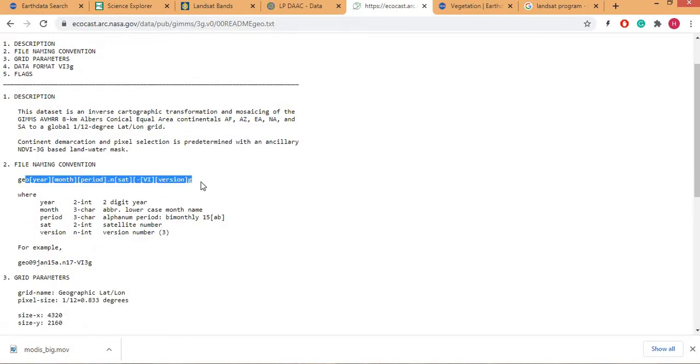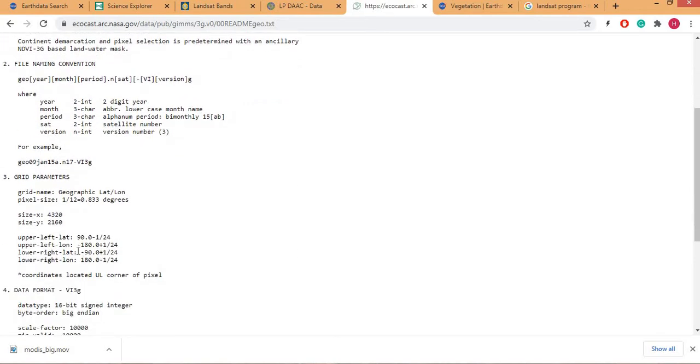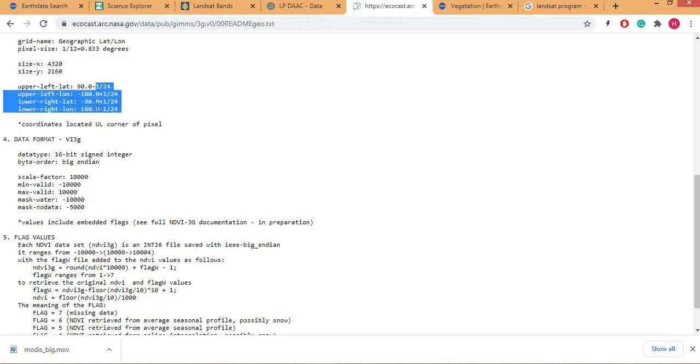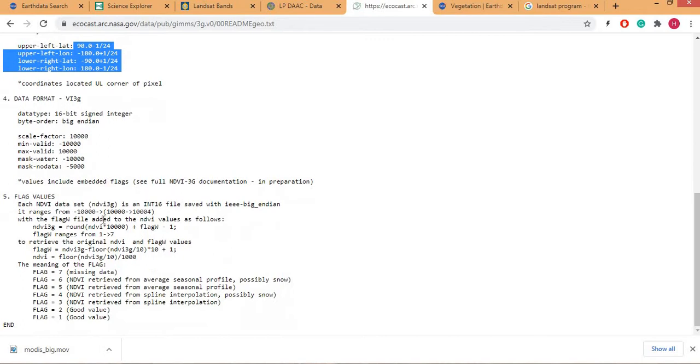So data file format will be like this: 2-digit year, month, 3 characters. So the data may be like this one. So this is year 09, I mean to say year, and this is month, and this is date. And these are the corners. This data is available for the complete globe.